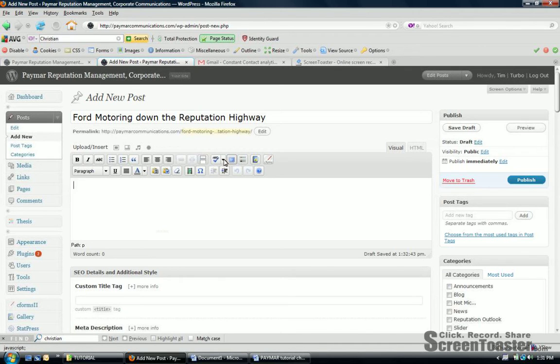You should see two toolbars right above your content edit box there. If you don't see two, there's this little button. It's called Show Hide Kitchen Sink. It's got these little colored boxes on it. I don't know why they don't just call it More Tools, but if you only have one toolbar, click on that. You'll see a second one below it. And there's this button. It's a clipboard with a T on it. It says Paste as Plain Text. Let's click on that,